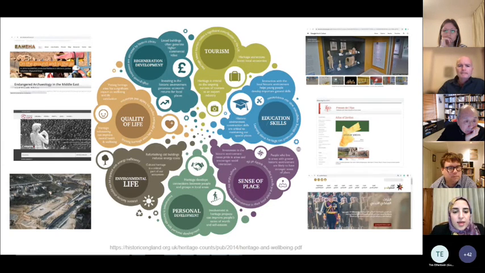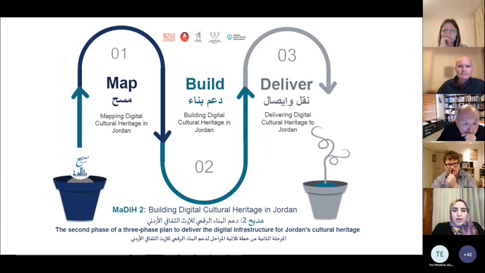The environment and life, which relates to the natural heritage, like the APAAME database that documents satellite imagery and aerial archaeology from Jordan. We also have things about quality of life and regeneration and development projects. So the project can go in all directions, depending on our values and on what we want to highlight from our outcomes. As I mentioned, this is the first stage.